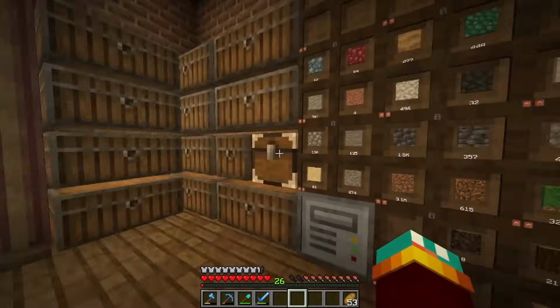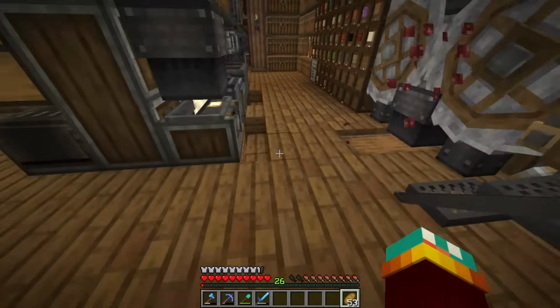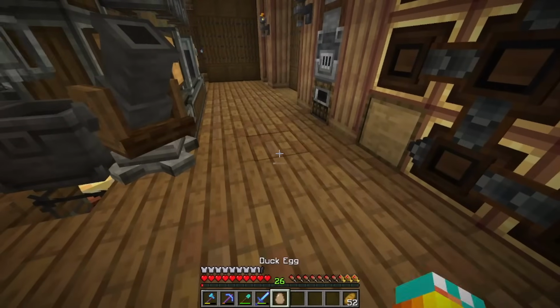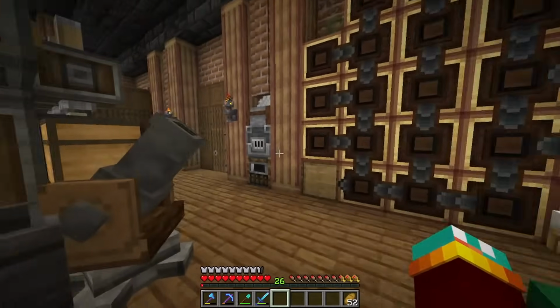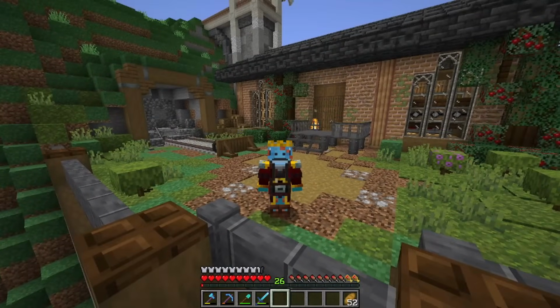Yes, good. So, let's test it out with some crimsite, and this should crush into iron, hopefully. Oh boy, that takes a while. Oh no. But it works, so it's fine. I swear to God, I will never show you the underside of this place. It's bad. There's all kinds of mania going on down there. But with that crushing wheel and mechanical crafter now, and I think that is everything I want to put in this room. Which means I think it might be time to wrap up